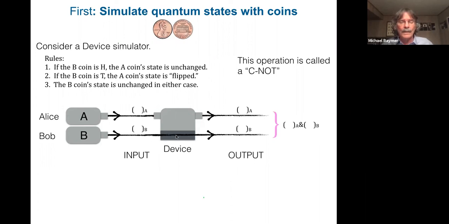You have to build many of these devices. They always have to transmit both particles out without being detected in any manner. And then you have to be able to repeat that hundreds of times without having decoherence. That's all you need to do. And then at the end, you need to measure them. But measuring is not difficult because you just measure in some eigenstates at the end. So this is all you need to build a quantum computer, and you might wonder why it takes 30 years and billions of dollars to build one. It looks pretty simple. We'll talk a little bit more about that next time.